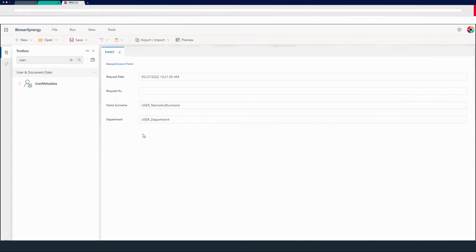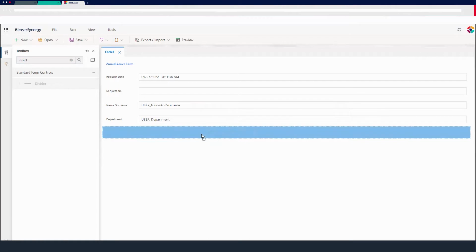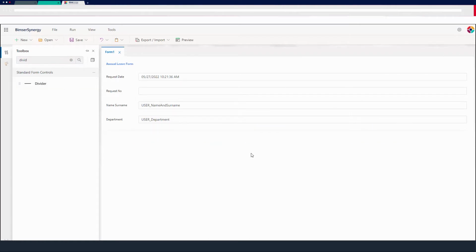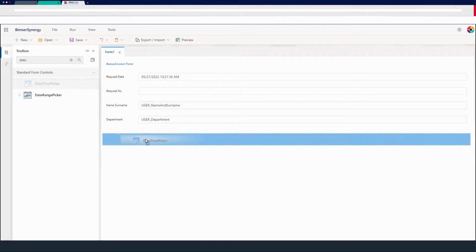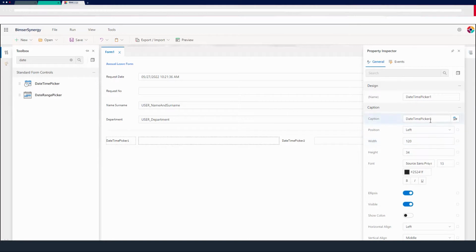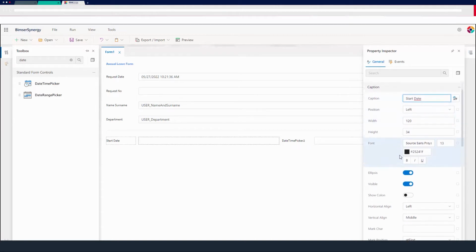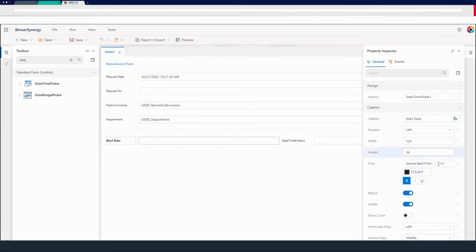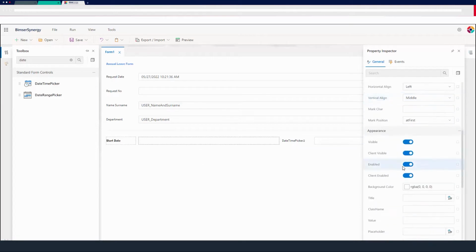So our first area is ready, and I'm gonna use a divider to separate the first area and the second area. And for the second area we will use a datetime picker. This is gonna be the start date, and I will use a second one for the end date. Let's bold it. And for the start date,